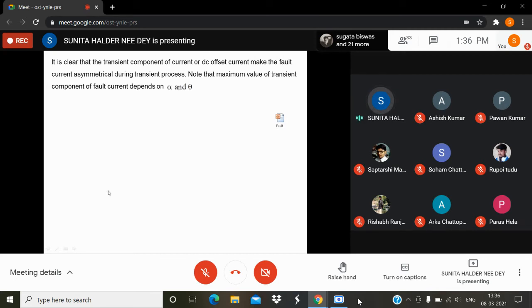And obviously this is a good question. Here asymmetrical means the current waveform is asymmetrical. The asymmetry in all A, B, and C phases will be the same, but asymmetry is there. And how long will that asymmetry exist? Until the transient component dies down. When this transient component will die down depends on the time constant. Now,